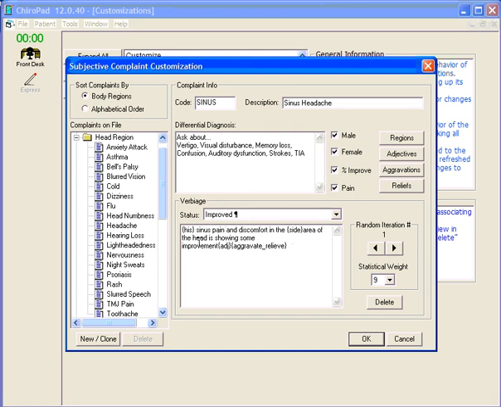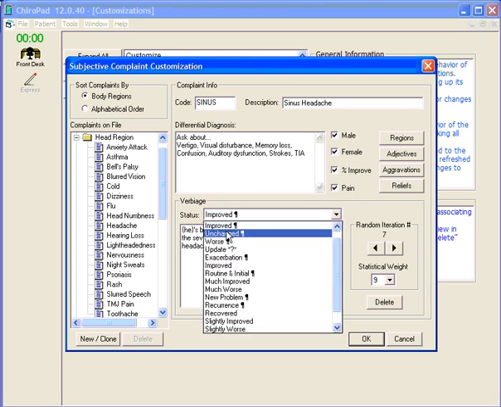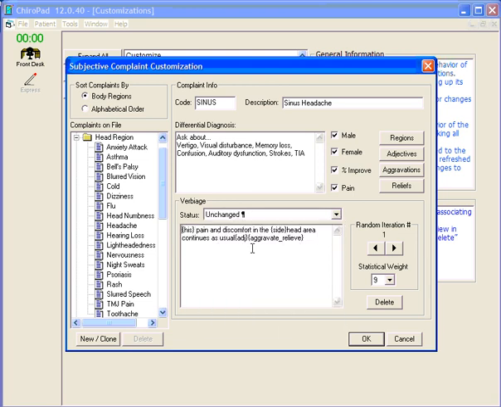However, doing it once is not enough. You must go through every random iteration, which means that we put it in here in number 1. Now we click on the arrow that points to the right, and we need to add in the word sinus in iteration number 2, and in iteration 3, and 4, and 5, and 6, and 7, and so on through all the iterations. When you get finished with the verbiage status for the first item, you would then click on the drop-down arrow, go to the next item, and repeat the process,